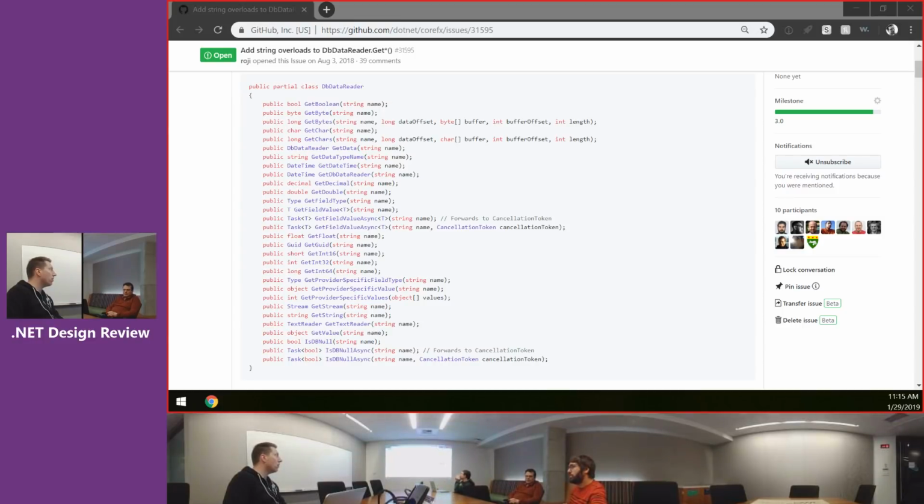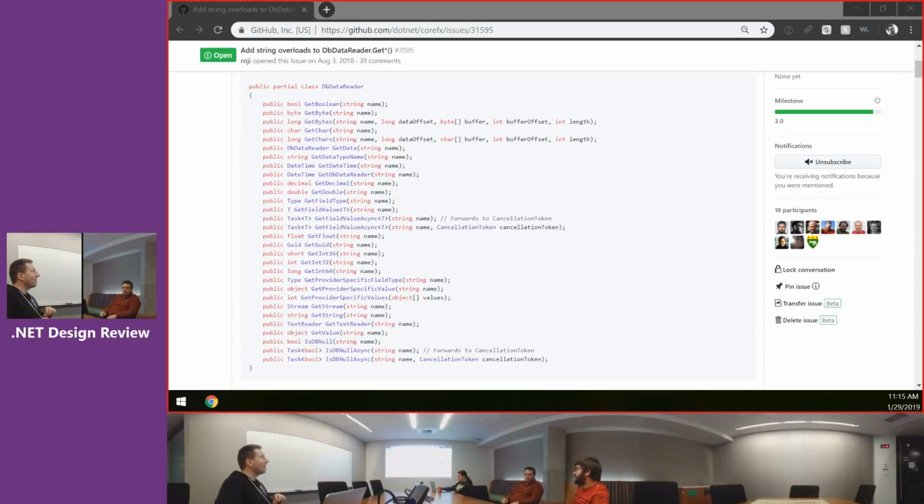You make them virtual, make the default implementation go through the old path, and then say, if you really want to optimize this path, the provider can override it and then benefit from that. So it's just interesting, but if you really care about performance, you should not be using these methods anyway. You should be using,